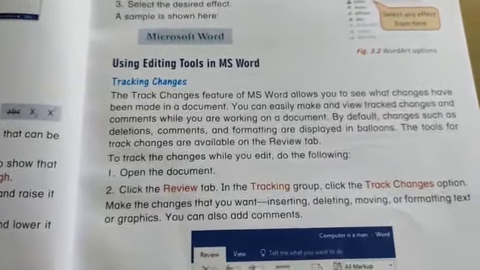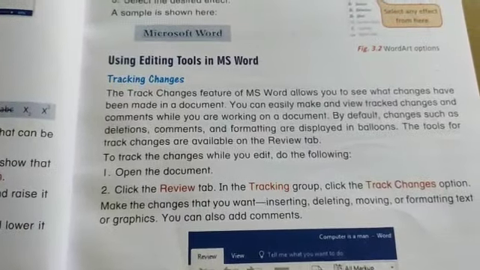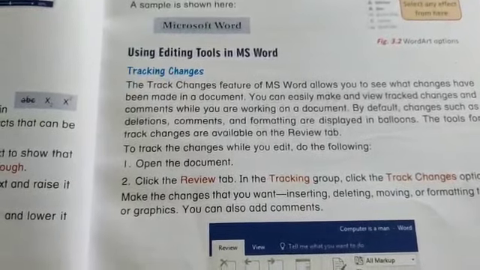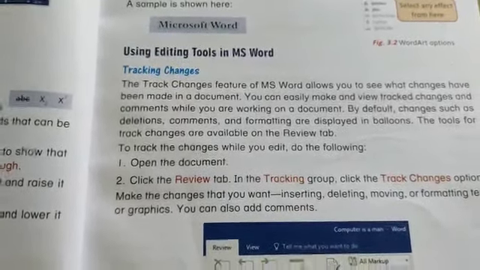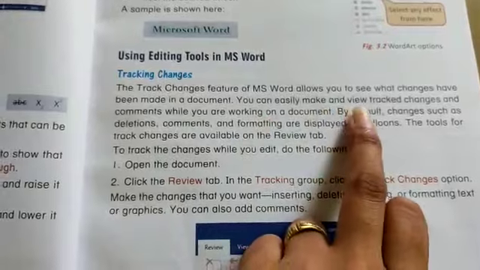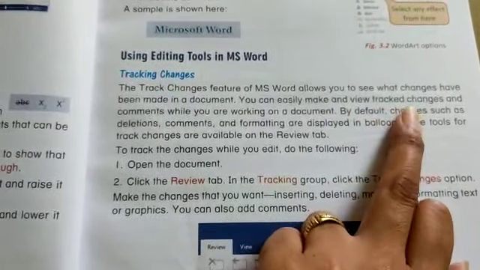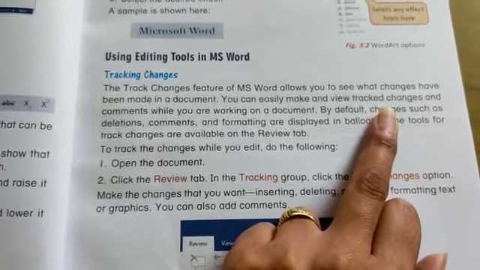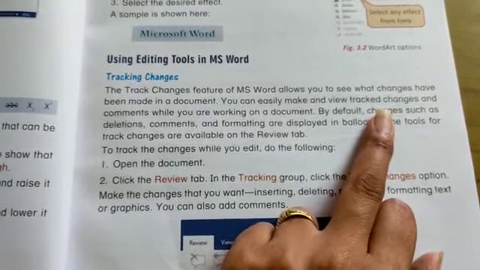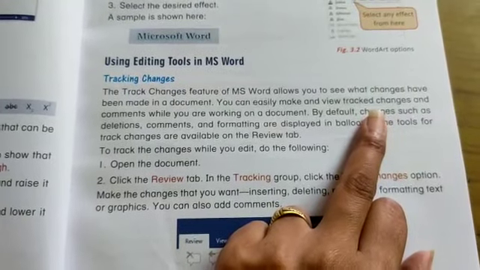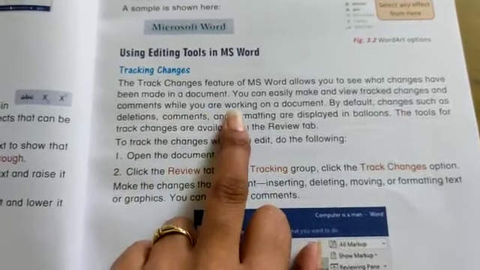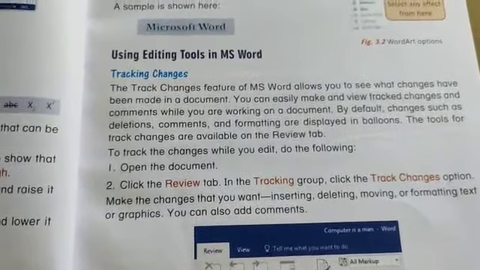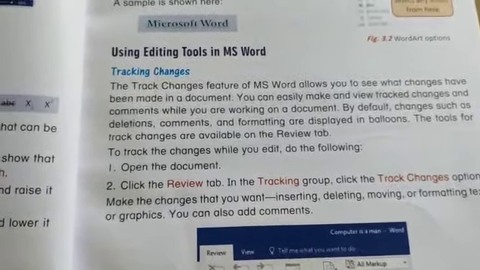You can easily make and view tracked changes and comments while you are working on a document. Track changes means whatever changes we have done, how many times we have done the changes, we can track. We can give comments also and we can track that particular thing.